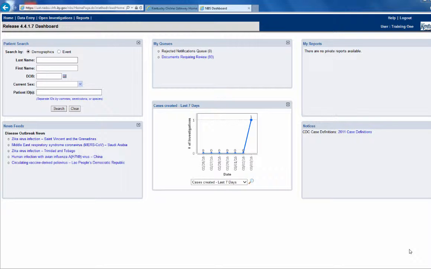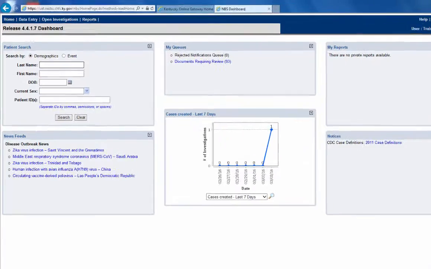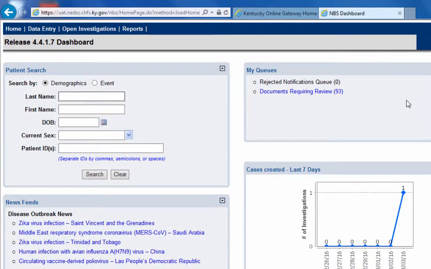And then we will refer to Christy's PowerPoint presentation again throughout the lab entry, but not until we get to the sugar toxin producing E. coli. So we'll go ahead and we will start with our lab entry under open investigation. So if you'll follow me up here and click on open investigation,